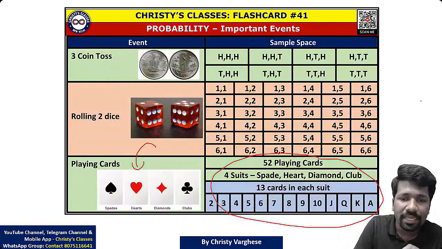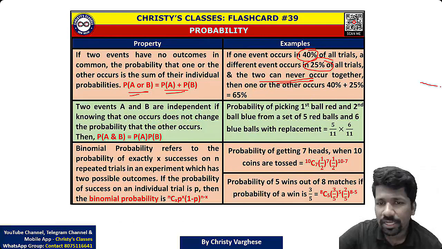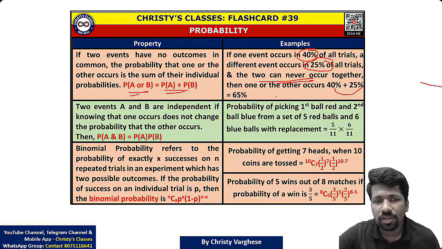So probability basically, so this is clear, I guess. So 40% plus 25% कर सकता है if